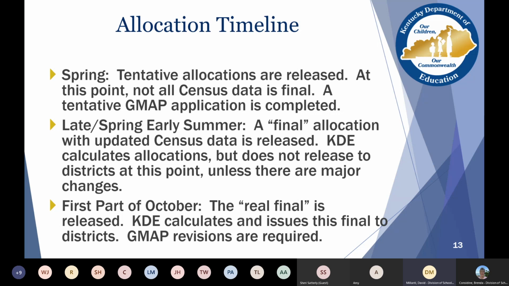So if somebody was at a 95 hold harmless last year and they got $100,000, they might see an increase or decrease this year based on changes in formula counts, changes in poverty, which result in changes in hold harmless amounts. And that might not be consistent with what your district is seeing.